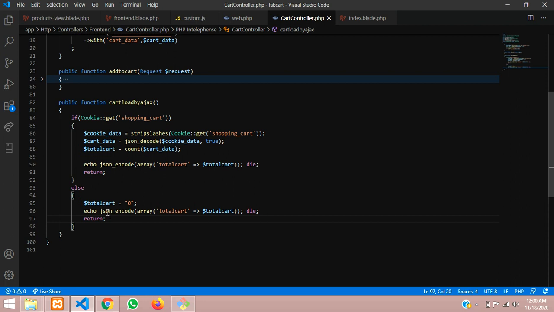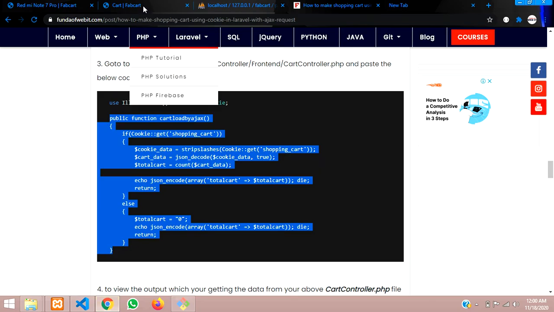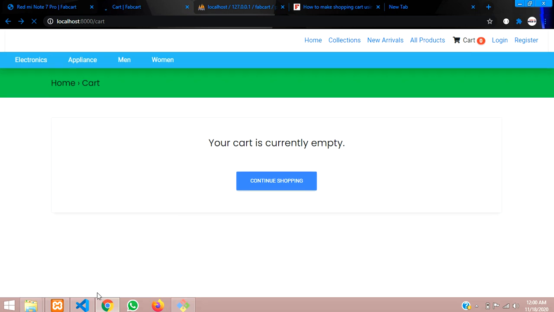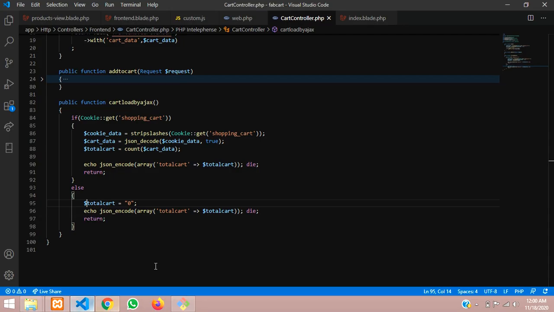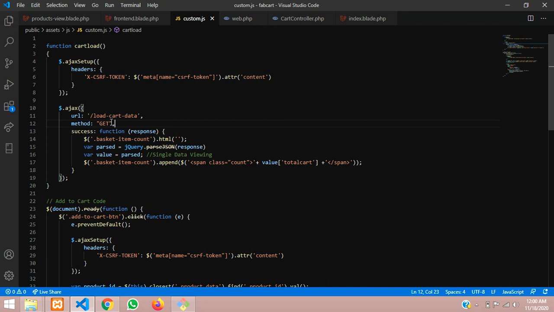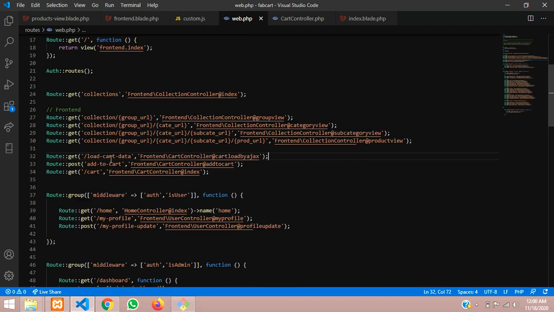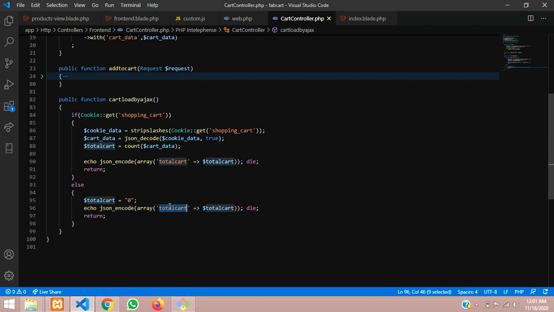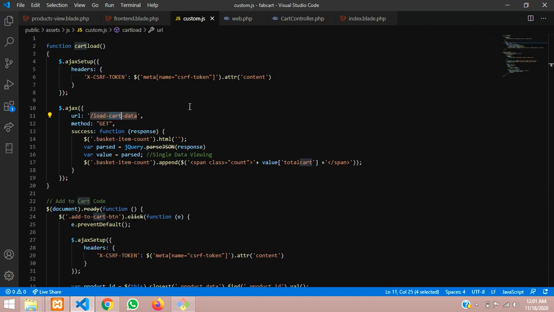So for this output we will test now itself, because right now there is no data in this cookie. As you can see, the cart is empty. So we will work on this. As you can check, we are calling this cart load. Cart load has been called over here and you have reached the cart controller function by Ajax load. In this we execute this content, and then we pass this cart load variable with encode, echo it, and return to this same success message.